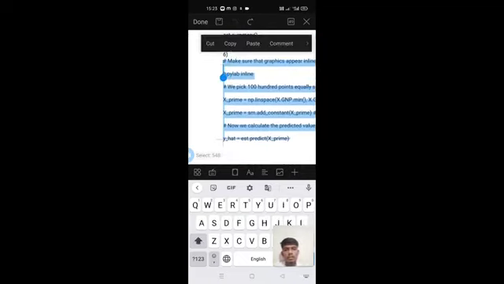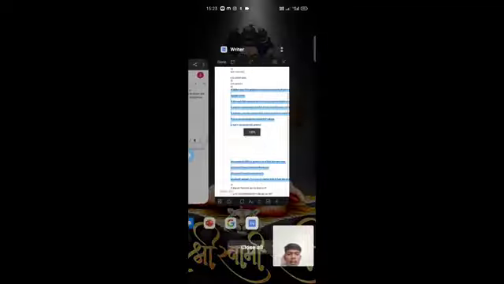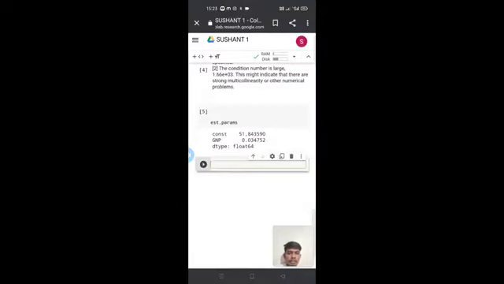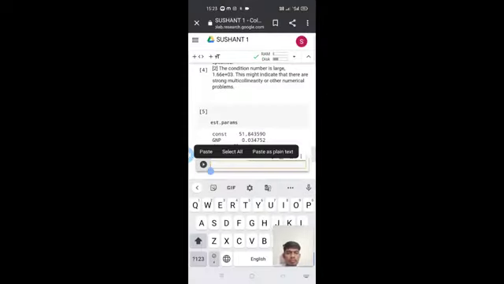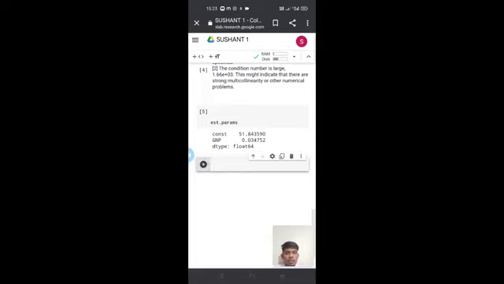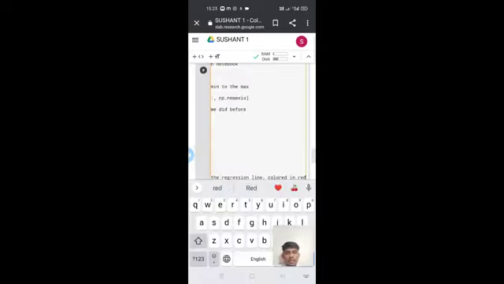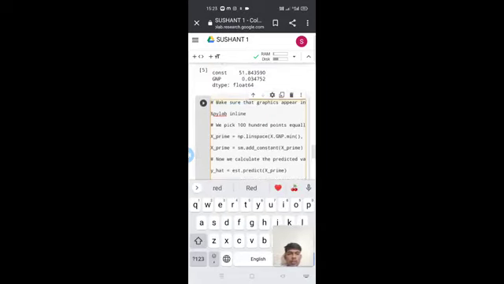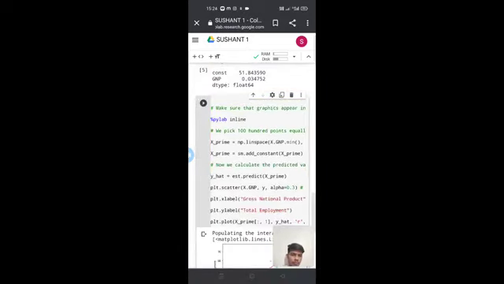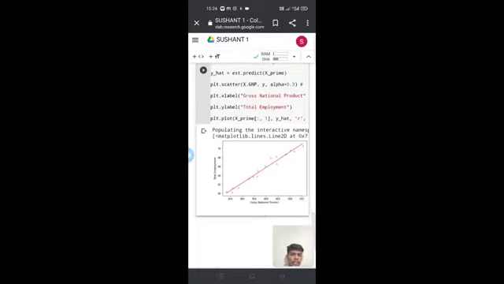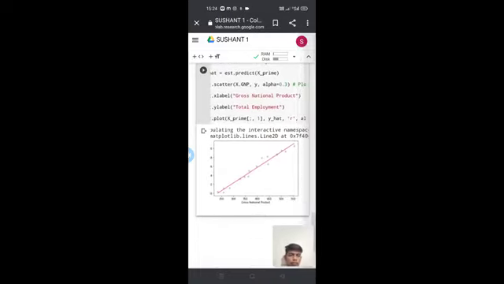Simply copy and paste here. Sorry, just paste here, and okay, so run program. So we can see here the graph between